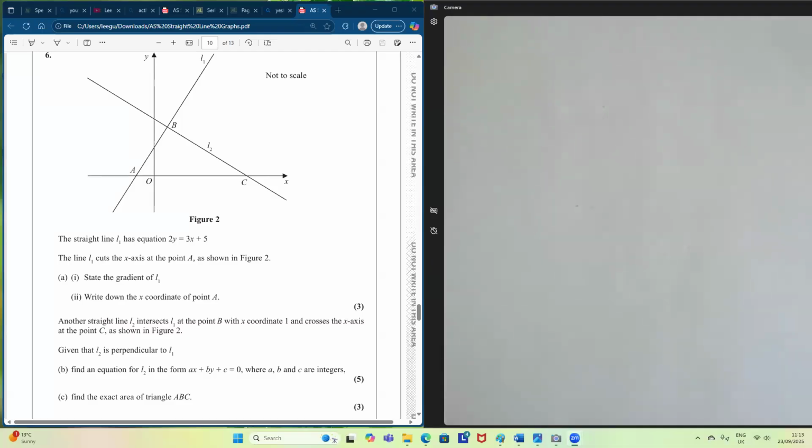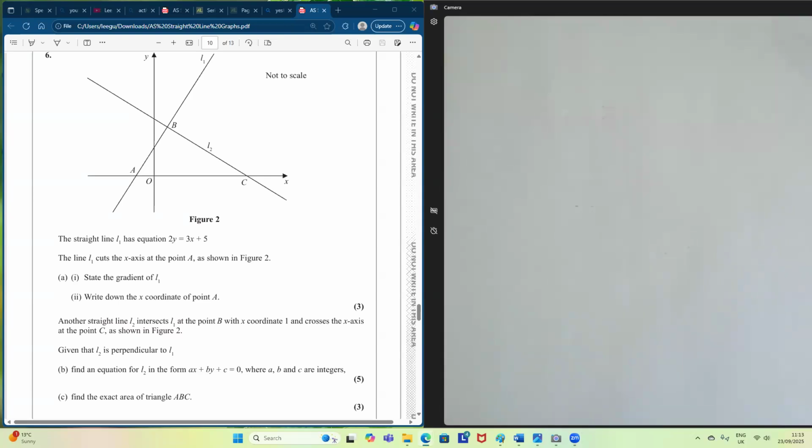Hello everyone, we have here an 11 mark exam question on coordinate geometry. So question 6, it says the straight line L has the equation 2y is equal to 3x add 5. The line L cuts the x-axis at the point A as shown in figure 2. And the first thing it wants us to do is to find out the